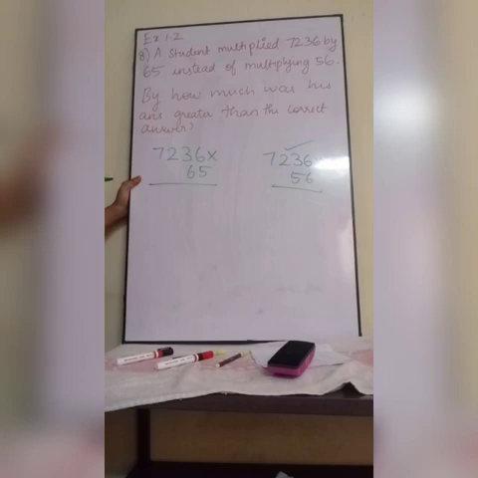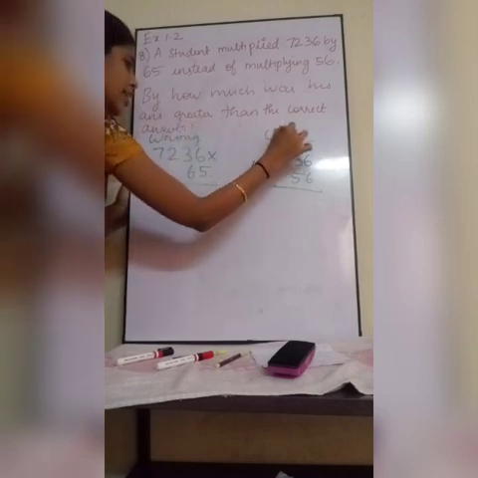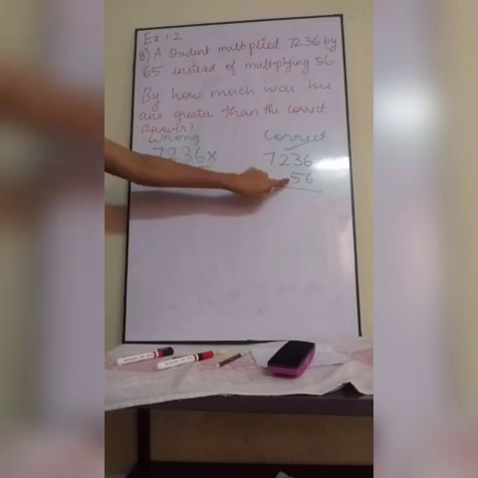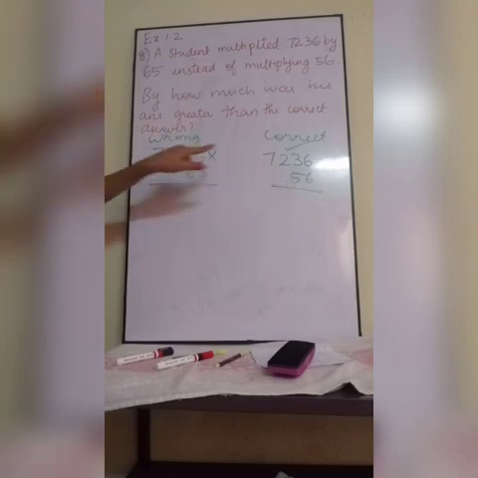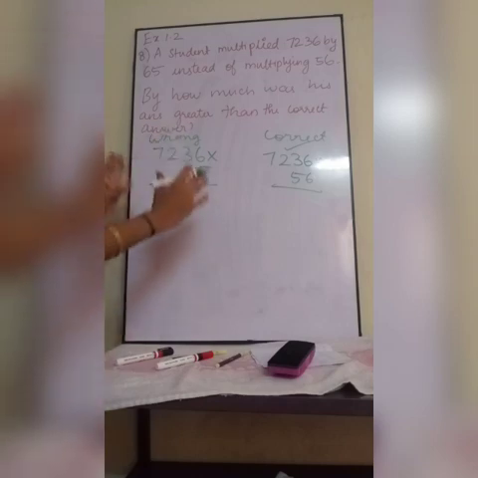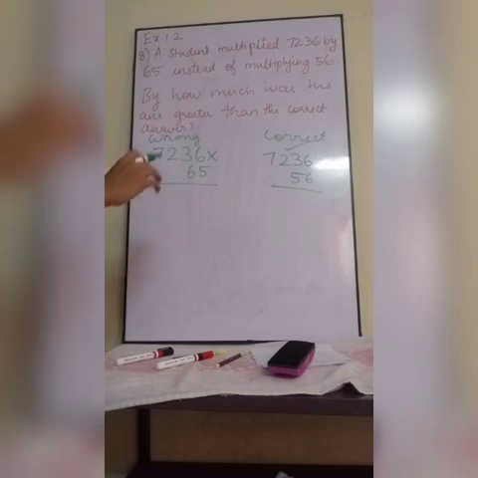Like that, they'll ask what you will do? You will subtract it. So this is our wrong answer, and this is our correct answer. Actually, she wants to do multiplication with 56, but she is doing it with 65. So this is our wrong answer, and obviously this is our correct answer. We have to find how much this wrong answer is more than the correct answer. So we have to find the answer for both the wrong answer as well as the correct answer, because in the hint they have given, you have to do both multiplications.